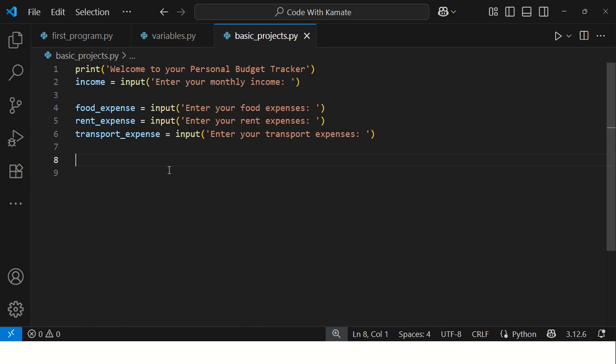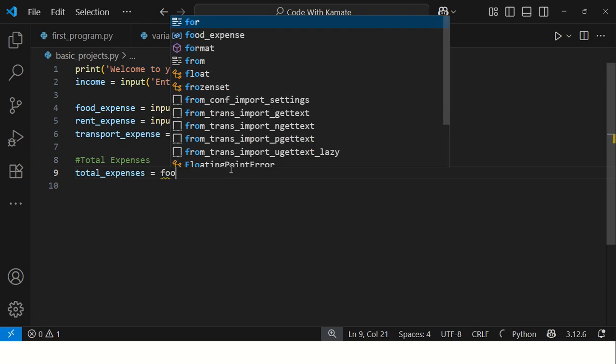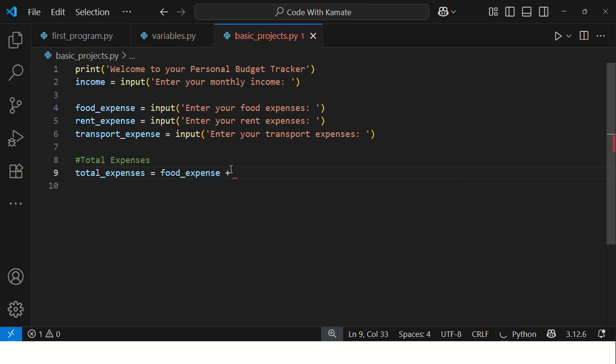So what should we do? Let us now look for the total expenses. How do we get total expenses? We have to add food expense, rent expense, and transport expense, and we can store them in a variable called total expenses. So it means we are adding food expense plus rent expense